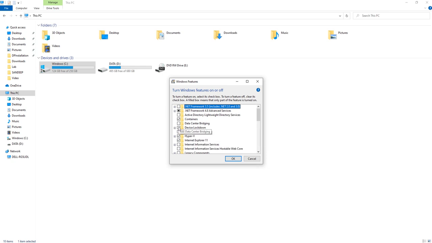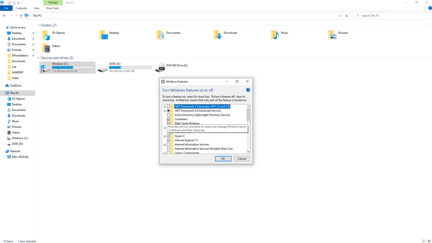If both are unchecked, you may face issues when you restart, or your Docker may not run as intended. So just make sure that in the Windows features, your Containers feature is enabled and Hyper-V is also enabled.